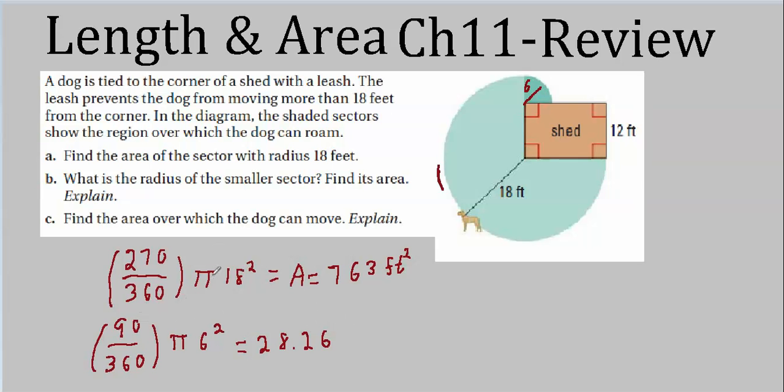You may get slightly different answers in the hundredths column if you actually use the pi button on your calculator. I use lots of different calculators. Some have pi buttons, some of them don't. Some of them take me too long to find. I just don't have the patience to look for it. So I just always use 3.14. And as you know, there's a whole bunch of decimals after that, which with large calculations can cause slight differences in the hundredths. So if you didn't get exactly that, it's probably because you used the pi button and I just used 3.14.